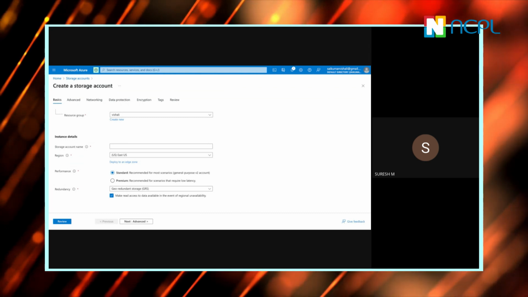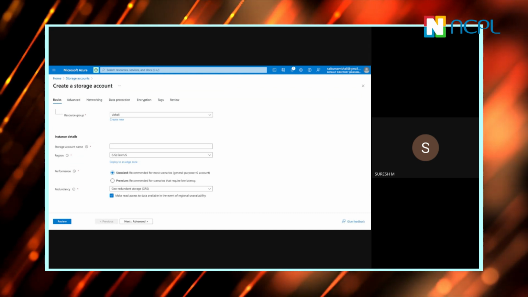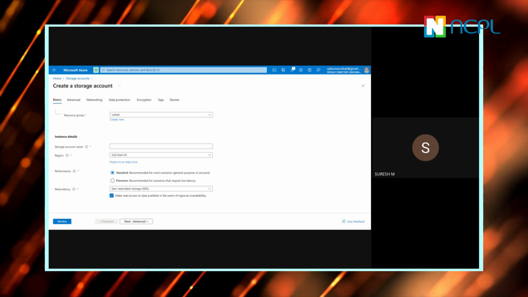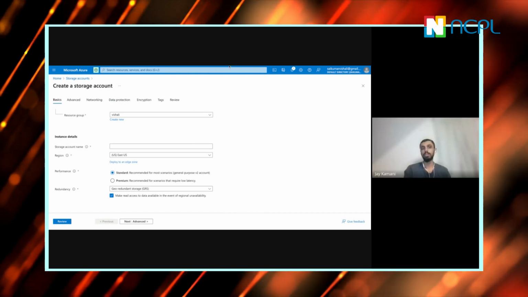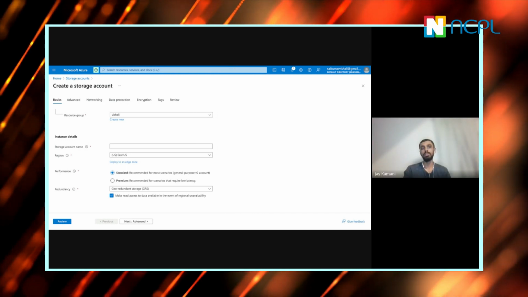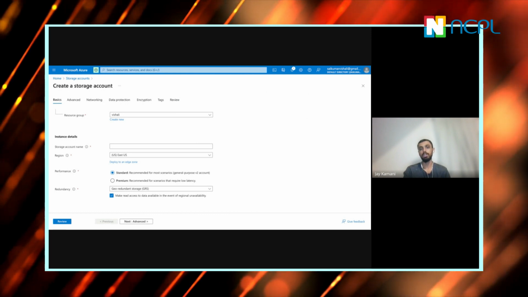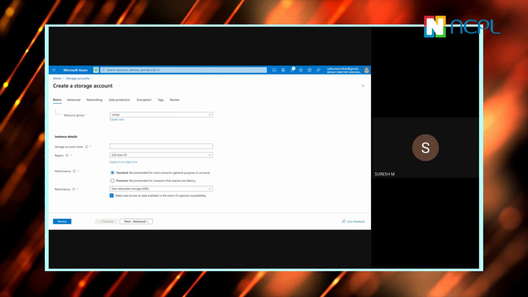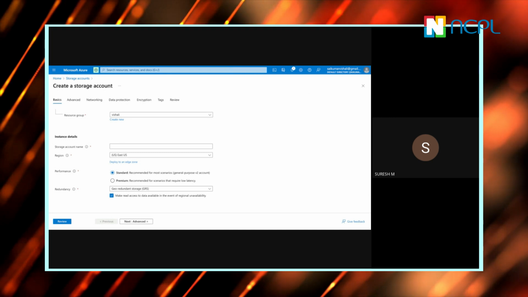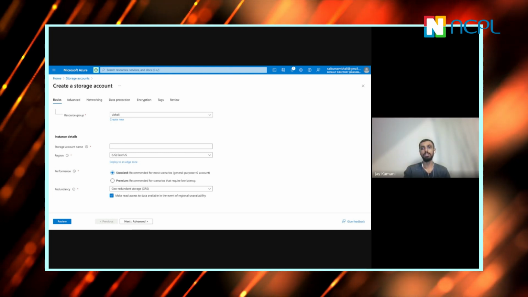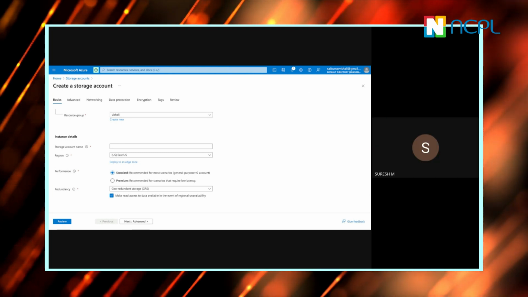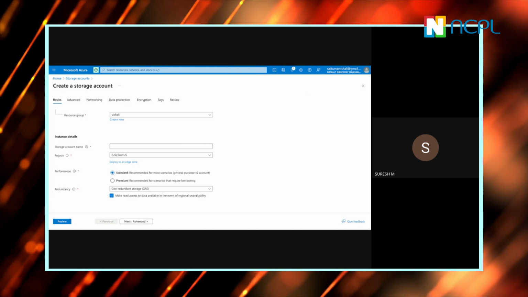Have you got any differences between blob storage account versus data lake storage account? So one deals with unstructured data and the other deals with structured and unstructured both. You mean to say blob? Yeah, blob deals with unstructured data. No, even data lake can also take unstructured data, right?